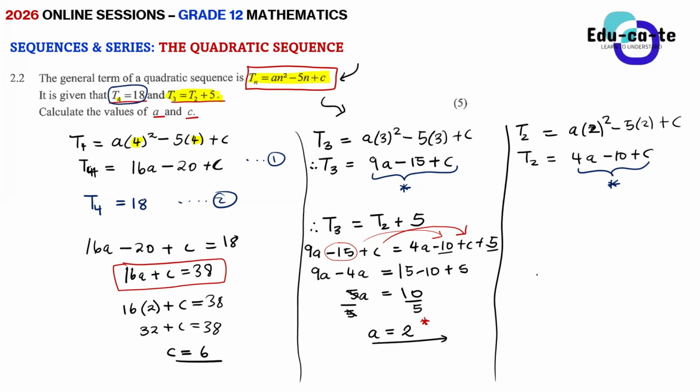So if they say, hence, write down the general term for the quadratic pattern, you can say, therefore, at the end, Tn is equal to the value of A. Remember that the value of A here is unknown. So this is going to be 2n squared. The value of B, it is known, it is negative 5, right? So this is negative 5n. Then the value of C, we calculated it, is positive 6. So this is the general term of the quadratic pattern, if they ask for it. Are we together, guys? Yes, sir.